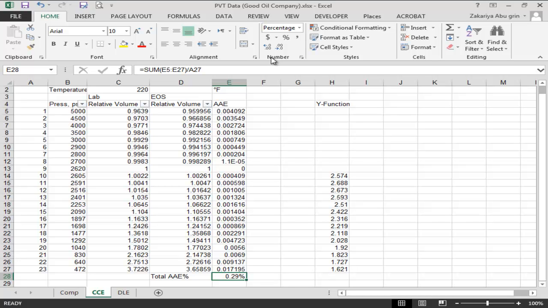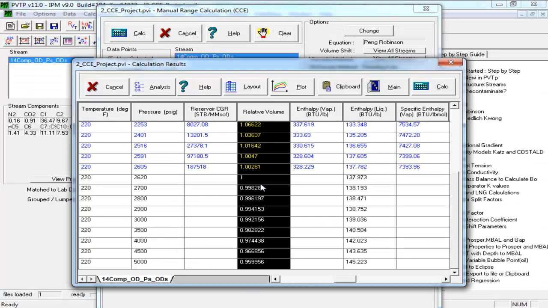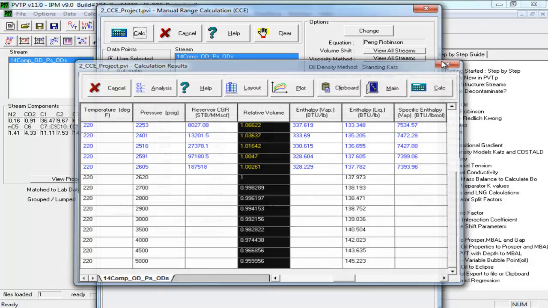And this is the way it is. Here it's simple. You try in other PVT data, usually you will have maybe 2% or 3%. Then you will have to go back to the software. I know at the beginning, for example, I compared this data with lab data, and I found I have error, for example, 2%. Then what I have to do, I close everything here,